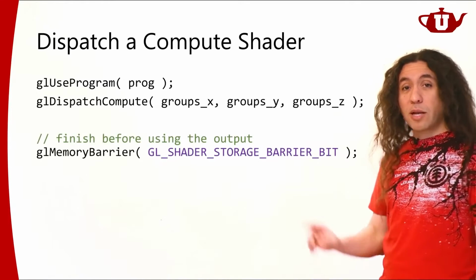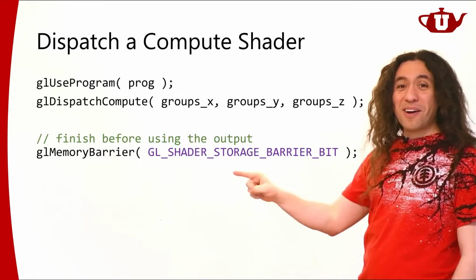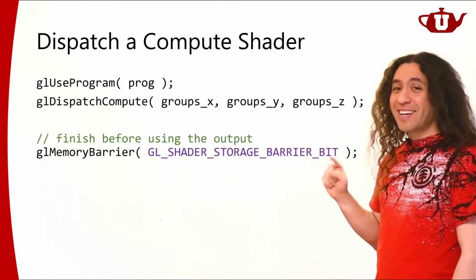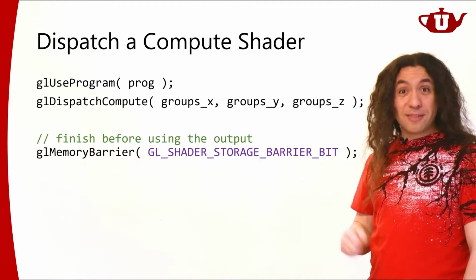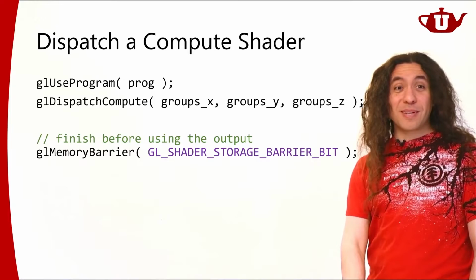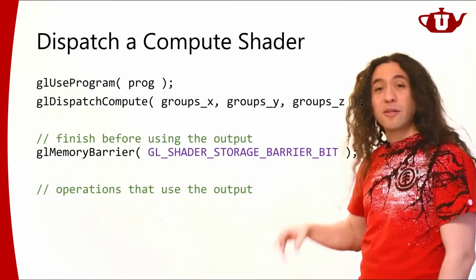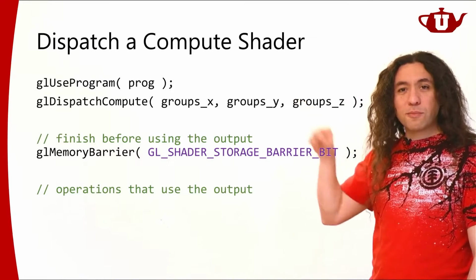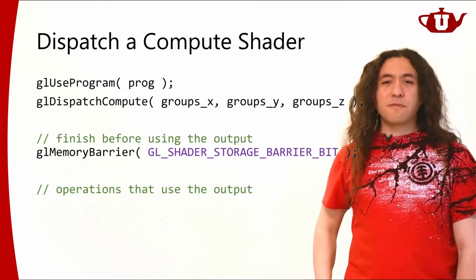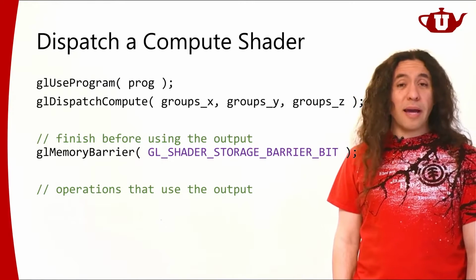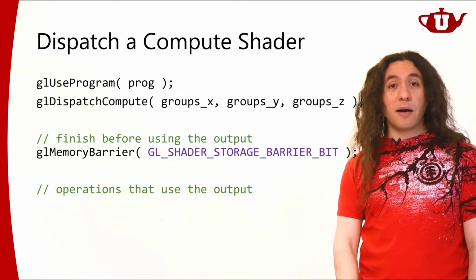But if those next operations would require this stuff to be complete, you can actually say that. You can say, I'm going to have a memory barrier here. You say, I have a shader storage barrier here, so you need to wait for that to finish before you start using that buffer for doing other things, right? So you put that, and all of your operations that come later on will wait for your compute operation to be done. Right. So this is the general idea of compute shader. It's fairly simple, and in many ways fits the way that the GPU operates much better than our other shaders.